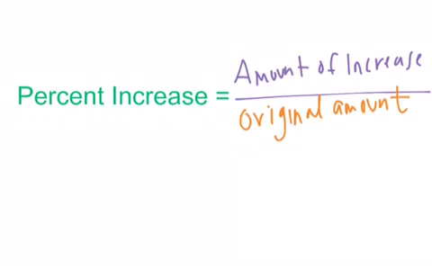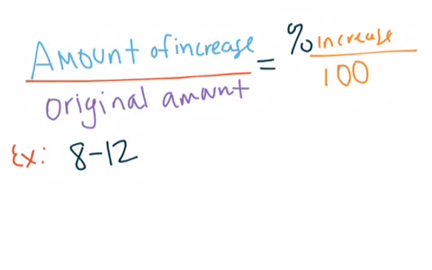Okay, percent increase equals amount of increase over the original amount. You should know that. You can also do a proportion. So amount of increase over original amount equals the percent of increase over 100. Here we're going from 8 to 12. So the amount of increase is 12 minus 8 over the original amount, which is 8. That's going to be 4 over 8,